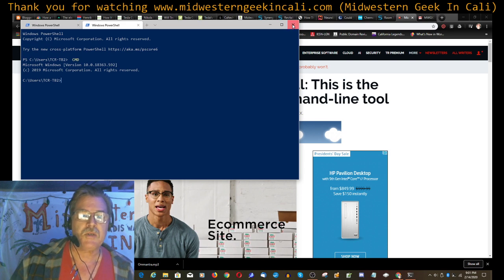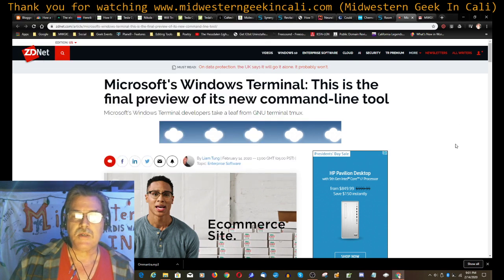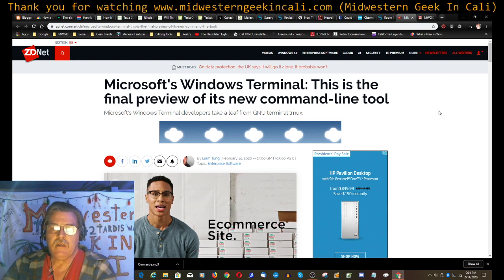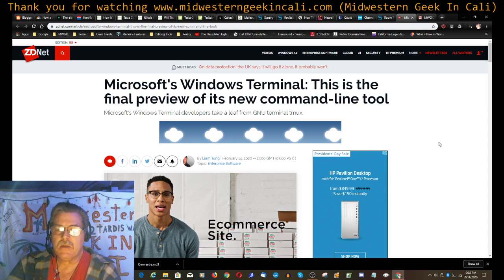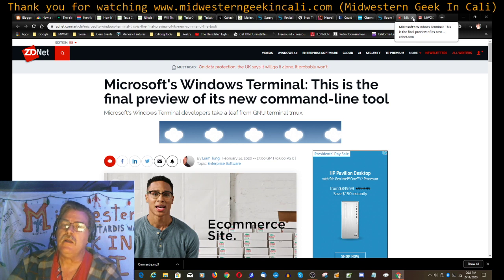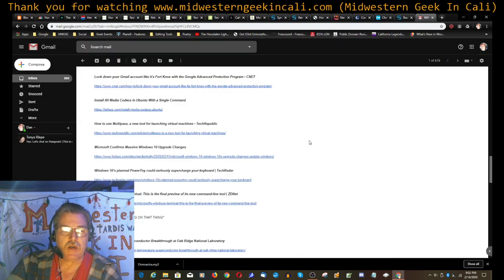If you're interested in Windows Terminal, yeah, we're going to close all that. Definitely, this is one you'll want to check out because this is going to give you a little bit more about what it'll do, and also that Windows Terminal will run Linux commands like a bash shell if you're using Windows Subsystem for Linux on your Windows machine. And discover all kinds of other PowerShell modules. There's a whole bunch more to it. So if you're into command line, this is definitely an article you're going to want to see. All right, let's move on.